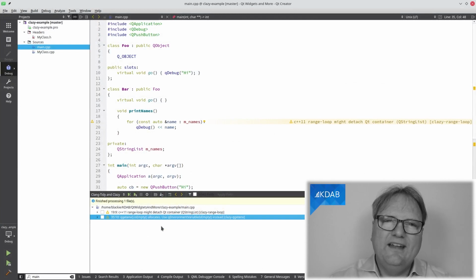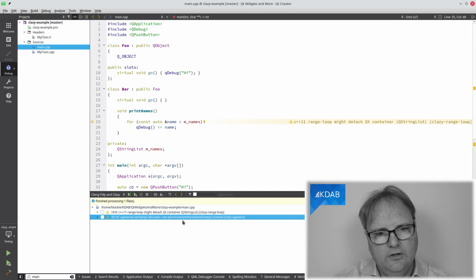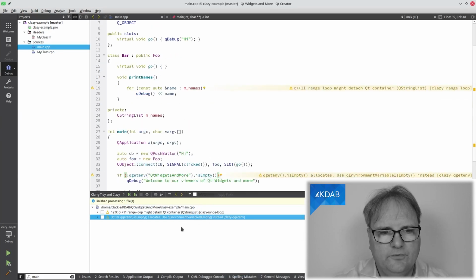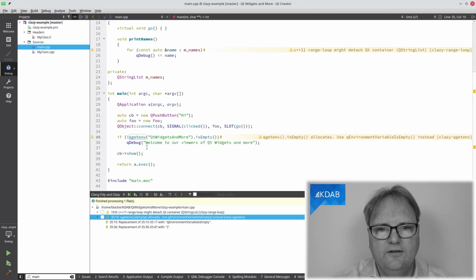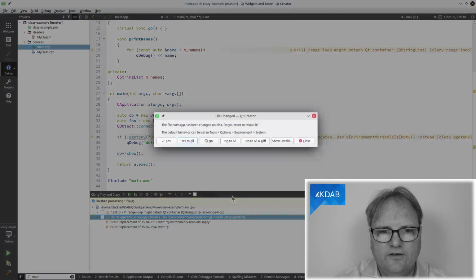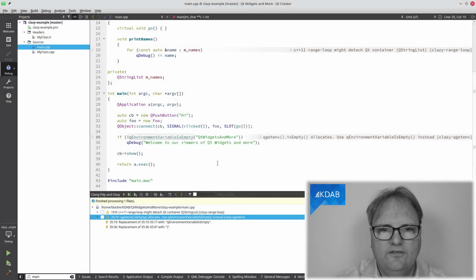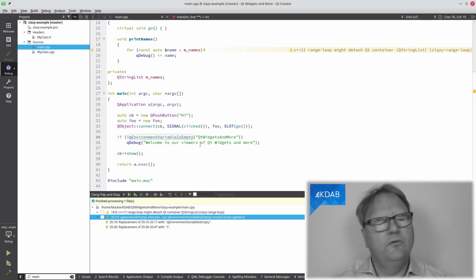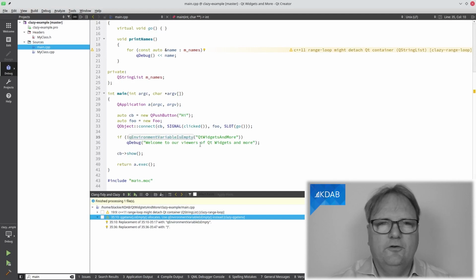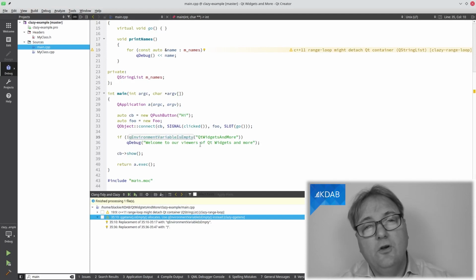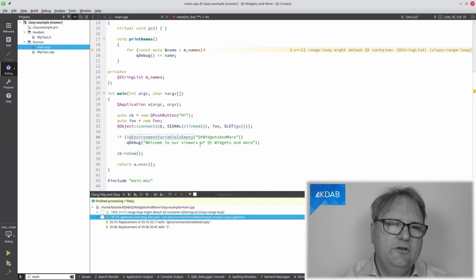I can also actually fix the code from within Qt Creator. I can, of course, go and see it says to me that I should be using QEnvironmentVariableIsEmpty instead. And I can go up here to, let's just double click it. I can go to this line and fix it, or I can simply say targeting and apply fix it. And now when it says yes to that, you can see it actually did fix my code. Unfortunately, there is a bug in Qt 5.0.2. If you're using that, then you might want to upgrade.